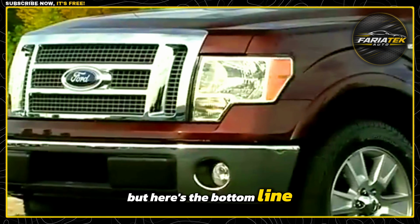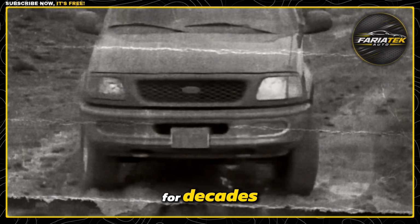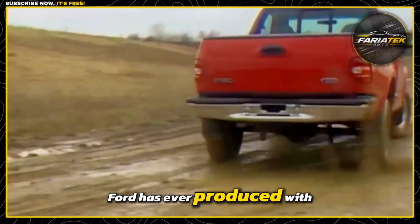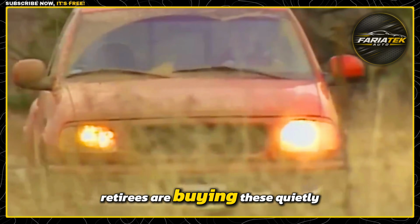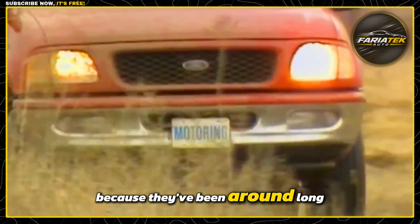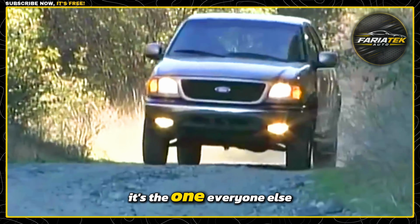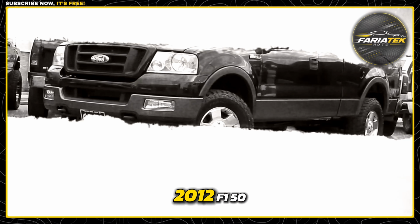But here's the bottom line. For under $6,000, you are getting a truck that was the best-selling vehicle in America for decades, backed by one of the most bulletproof engine lineups Ford has ever produced, with parts so common they practically fall from the sky. Retirees are buying these quietly because they've been around long enough to know that the best deal on the lot isn't the shiniest one. It's the one everyone else is too distracted to notice, and right now, that's the 2012